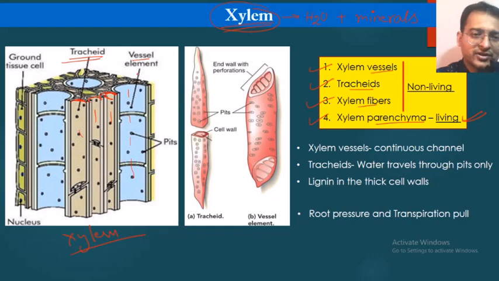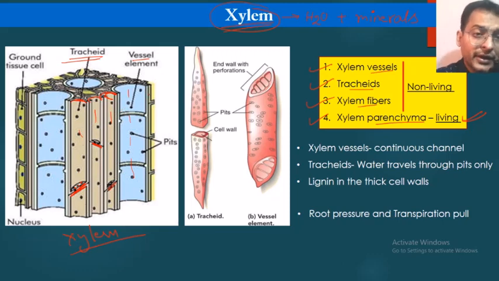Xylem vessels. Now one obvious difference you are able to observe between the tracheids and vessels is that in the tracheids there are cross walls. You see, these are the cross walls. That means one pipe, another pipe, both of these pipes are separated by some kind of partition, and also some holes are there in this one, right?